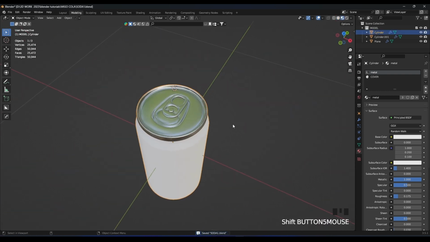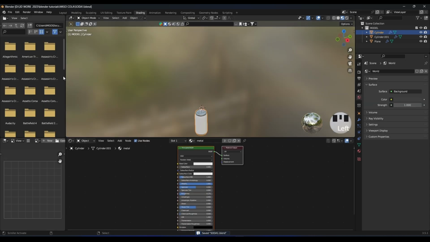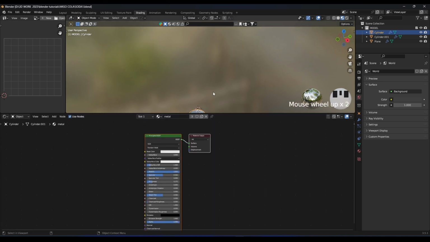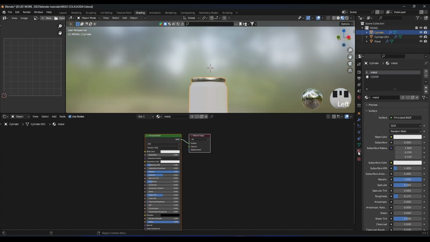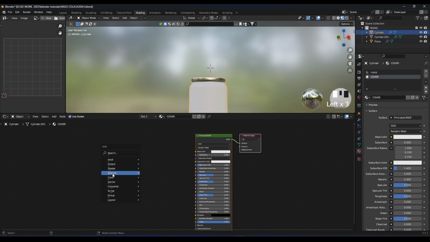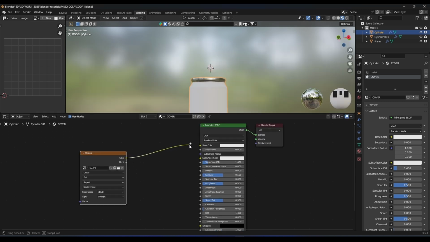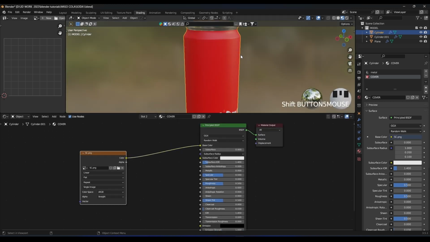Now let's add some cover to this. Let's go to the shading, close this. Let's make this a UV editor, close this area. And let's select our material cover. Let's add a texture, image texture. Go here, pictures or videos, and let's see. Okay, now what we need to do is just